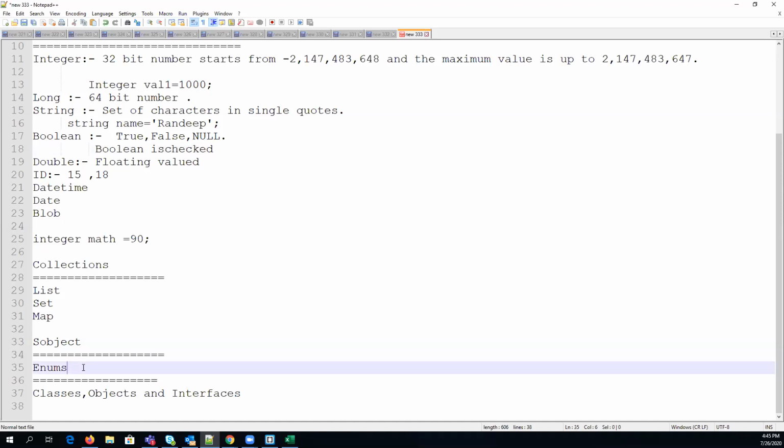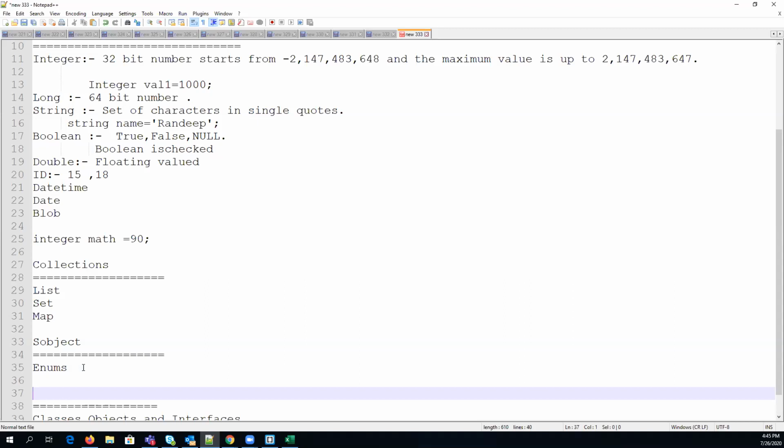Let's say I declare an enum of companies, you can store different values like HCL, TCS, something like that. So you can declare an enum.